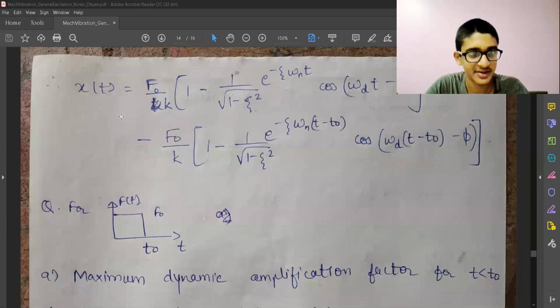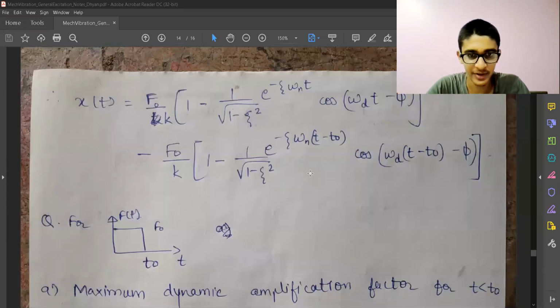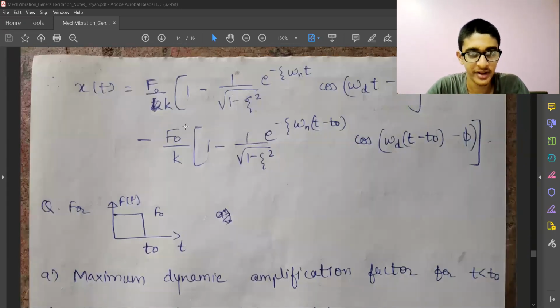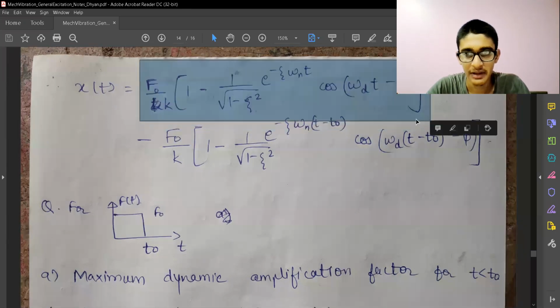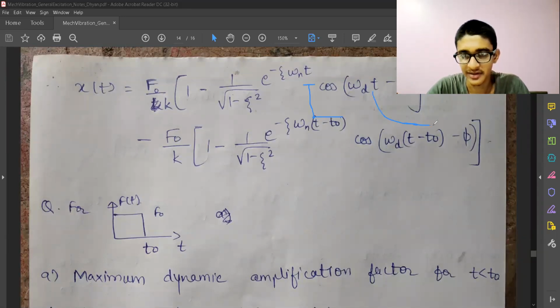So all other things are the same. It is step excitation, and in one of the functions we have step excitation from time t is equal to 0. For another I have excitation from time t is equal to t0, and those two are subtracted. So I can directly do that numerically also. I have the first response which had no time delay, and there is a function for damping, and then the same thing with damping, and the only change is I have applied a time delay t minus t0 everywhere. So that's the only change.